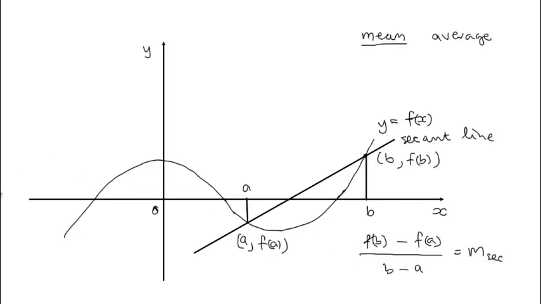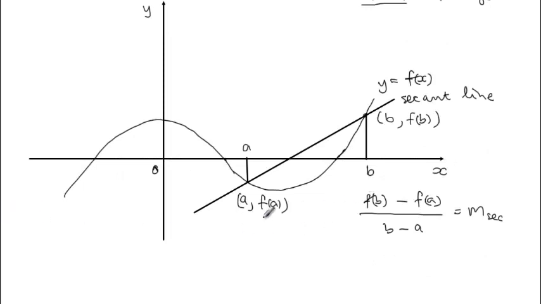Now, the mean value theorem says if we have such a situation, then there exists a point C, again in the open interval A, comma B, such that f prime, in other words, the gradient of the tangent line at point C, is equal to the average slope of the function f of x between A and B. So f prime at C is going to be equal to f at B minus f at A over